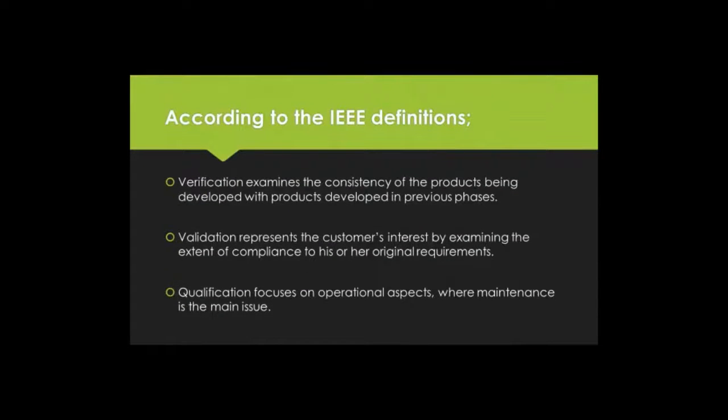According to the Institute of Electrical and Electronics Engineers definition, verification examines the consistency of the products being developed with products developed in previous phases. When doing so, the examiner follows development progress and assumes that all the former development phases have been completed correctly, whether as originally planned or after removal of all the discovered defects. This assumption